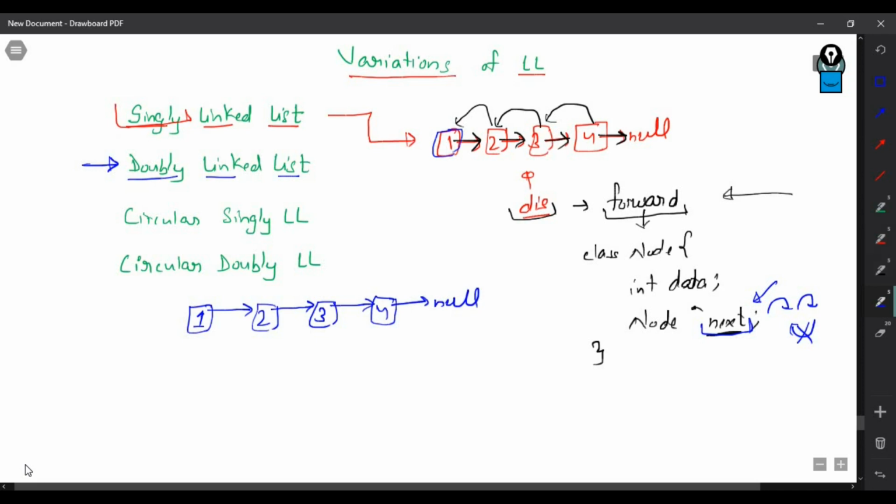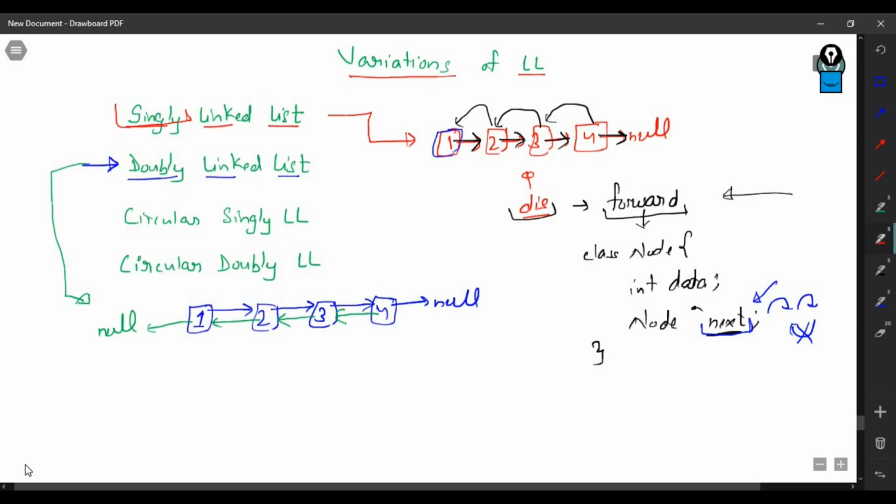But since this is a doubly linked list, you will have pointers in the backward direction also. So 4 will point towards 3, 3 will point towards 2, 2 will point towards 1 and 1 will point towards null. So this is an example of a doubly linked list. That is how a doubly linked list looks.